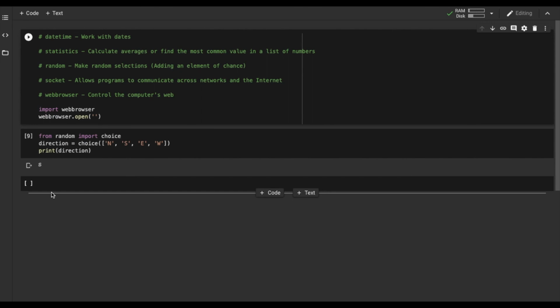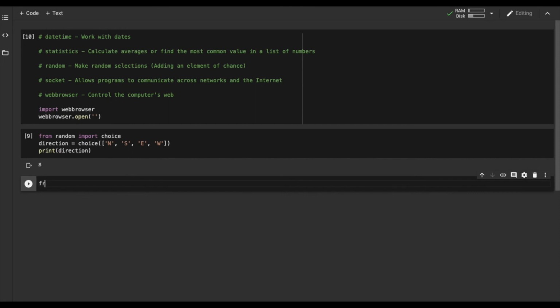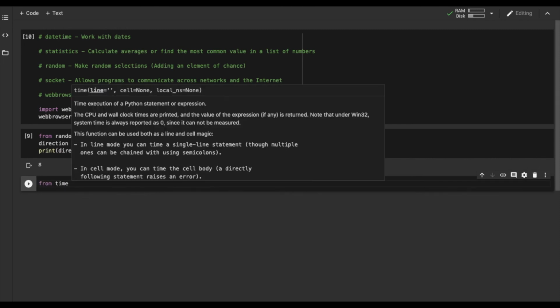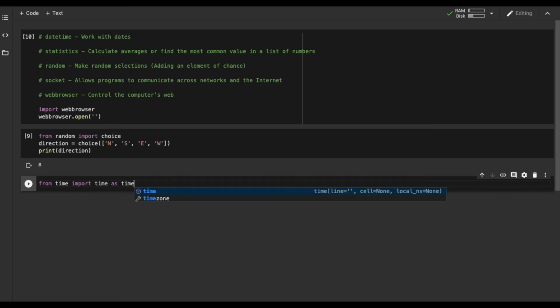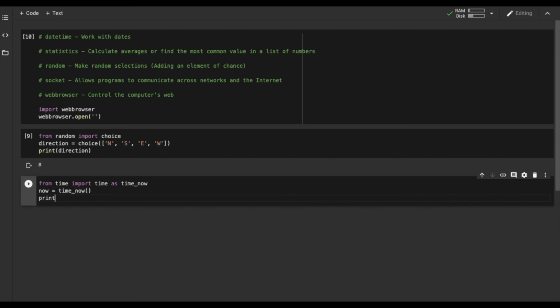Okay, so let's start by importing the module of time. From time, import time as time_now, parentheses. Okay. This is different than datetime. Datetime allows you to work with dates, but here we're working with how much time has passed. So this program will tell you the amount of seconds since January 1st, 1970, since most computers start their time count from January 1st, 1970, and my computer probably does the same. Same with yours. So if we print now,